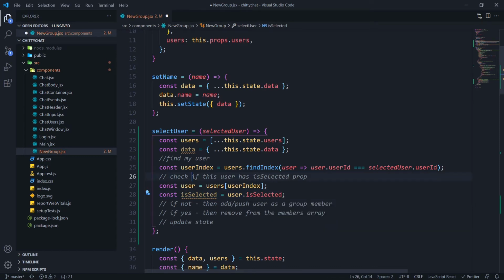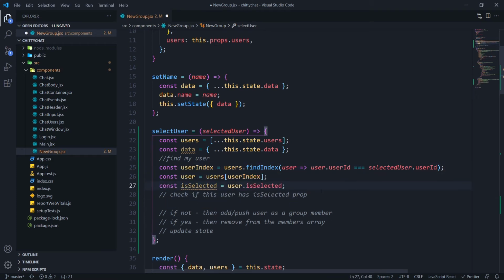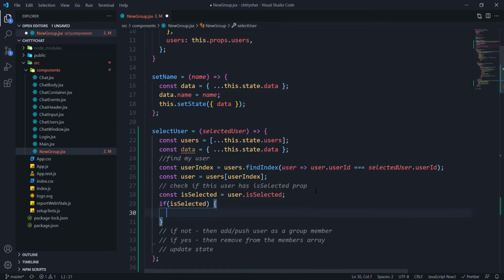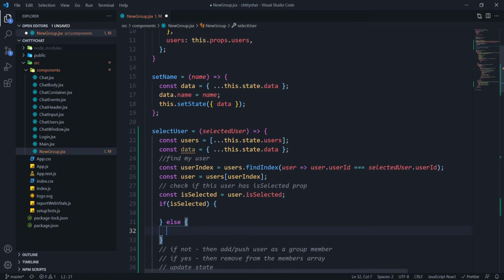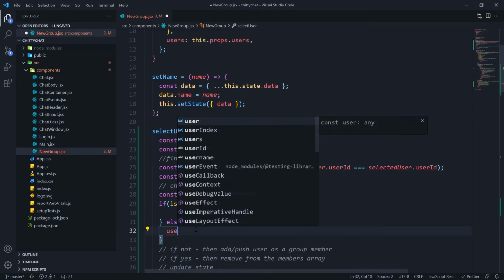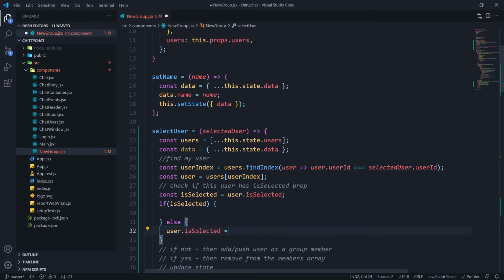So now we need to check if this user has selected prop. Let's just put this above because it makes sense over here. Check if the user has a selected prop. This is gonna be down. Sorry, I'm making a mess. So if is selected exists in this user property, this user object, if this exists, let's just write an else part. If it doesn't exist, so user dot is selected, we're gonna set this property as true, and